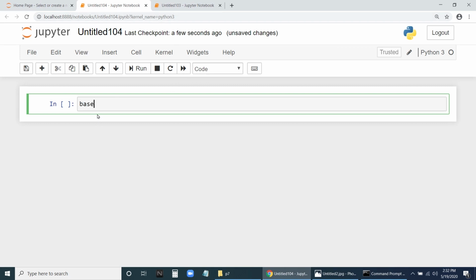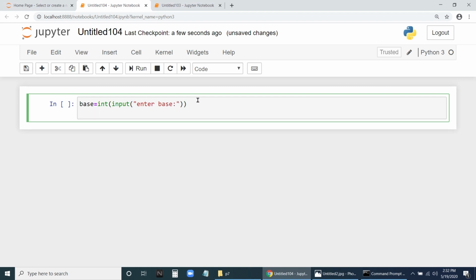Base equal to, we will take int of input, enter base.